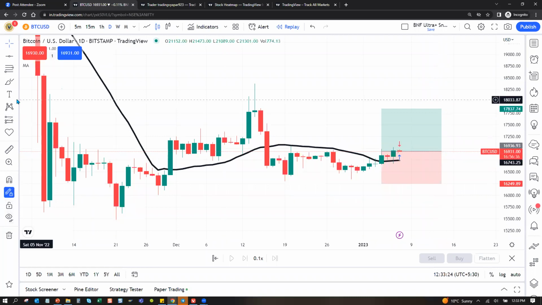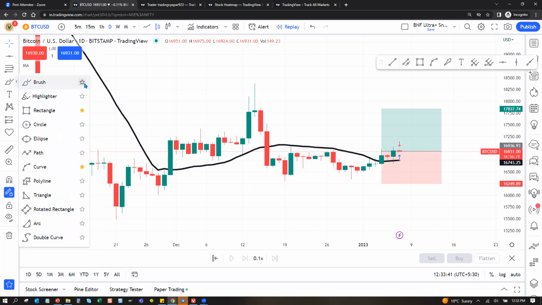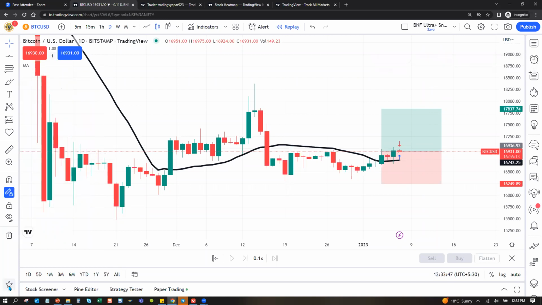So everything is available here, and this is the place, the star button. Let's say I am only interested in these array lines. Mark each of them as star. Then I am interested in a rectangle and then a curve. Whatever I'm interested in, you star, and it will show under star. Every time you don't have to find it in this plethora of drawing tools.